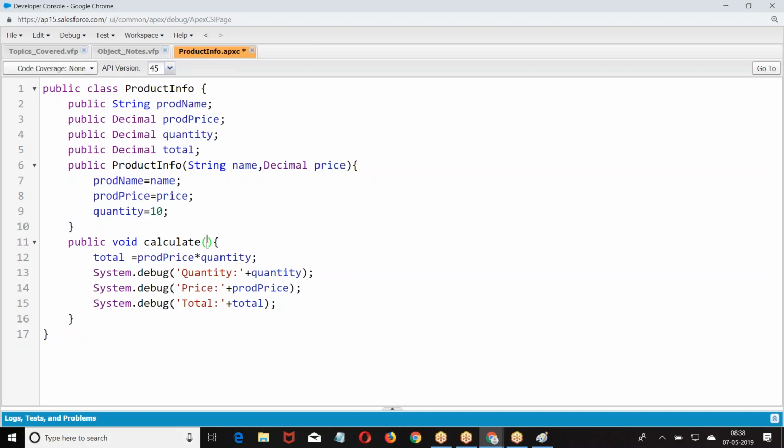Now you take a call, you decide whether you want the data to be set when you call it or you want the data to be set automatically. Both are not the same, right? You take a call on what you want. According to that, you decide whether to use a constructor or a method. I hope you got my point.